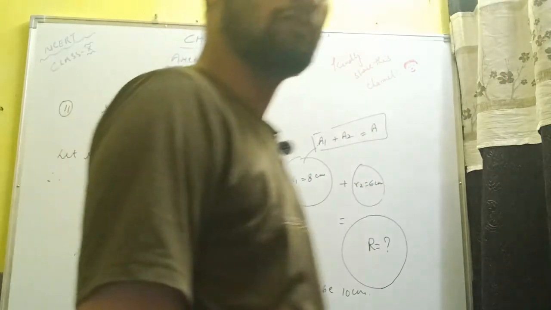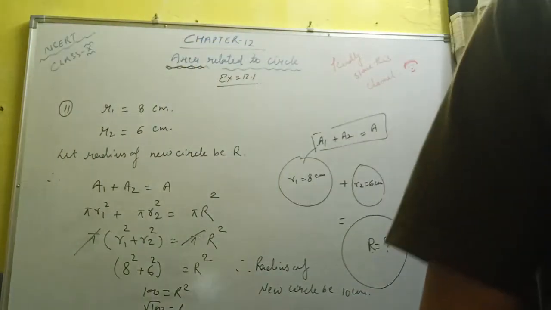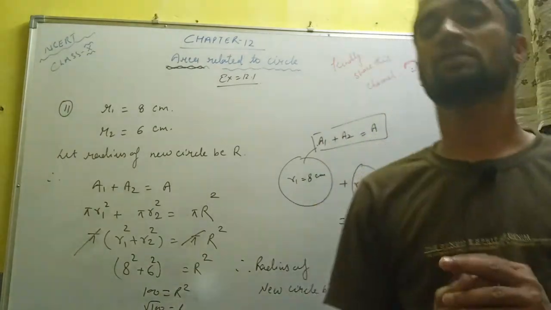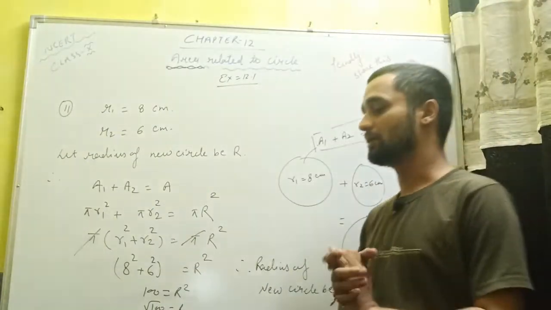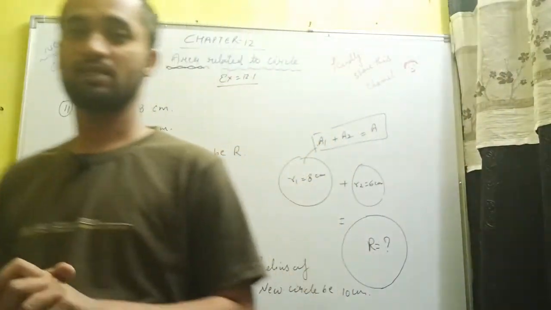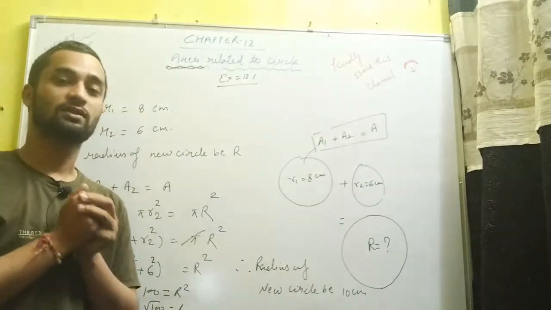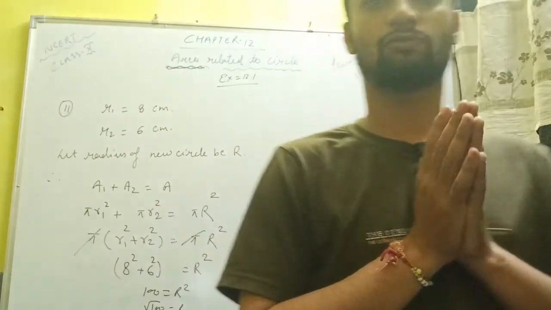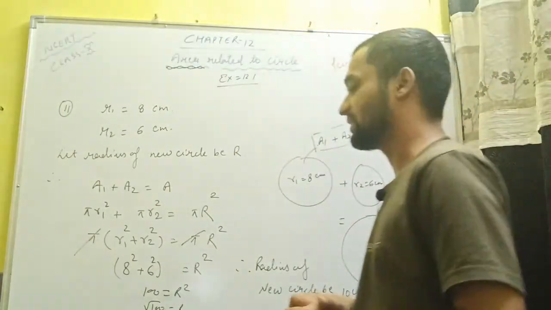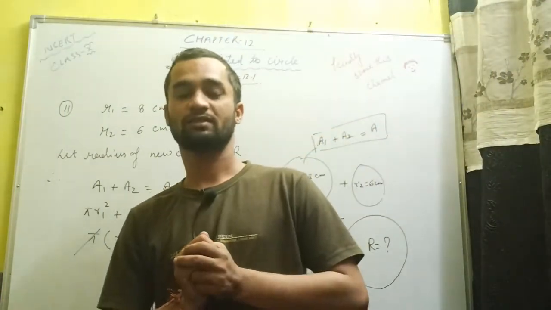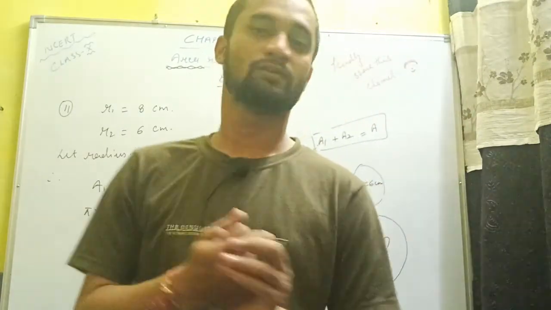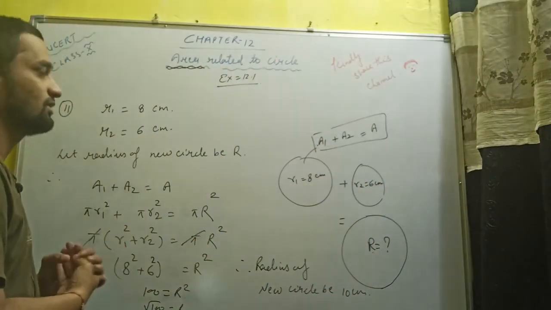So in this video we discussed the area of the circle, the circumference of the circle, and we solved two questions. In the next video we'll see the rest of the questions of this exercise. Thereafter, the main objective of this chapter is to learn about the segment and the sector, that is in your second exercise. So we'll go to the second exercise after completion of this exercise.